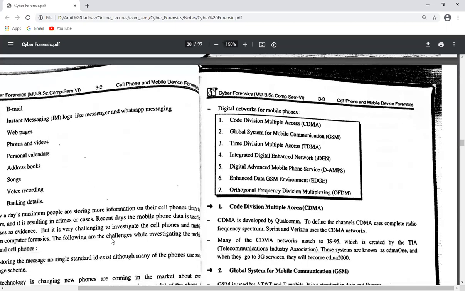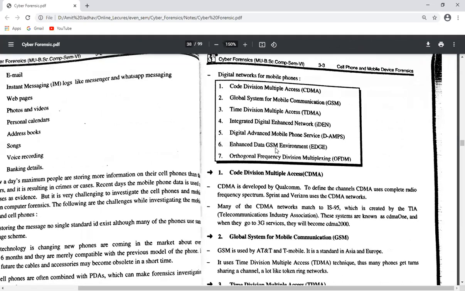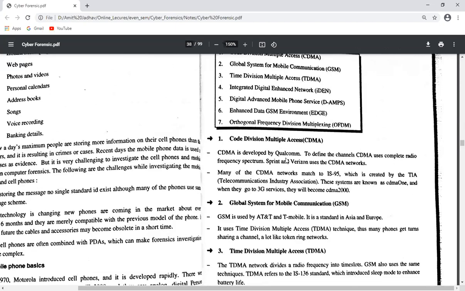Next is Integrated Digital Enhanced Network, IDEN. Digital Advanced Mobile Phone Service, DAMPS. Enhanced Data GSM Environment, EDGE. And Orthogonal Frequency Division Multiplexing, OFDM, which we also use in our current mobile systems. Here we use frequency, here we use time, here we use global system. So in every technology there are different things that are used.